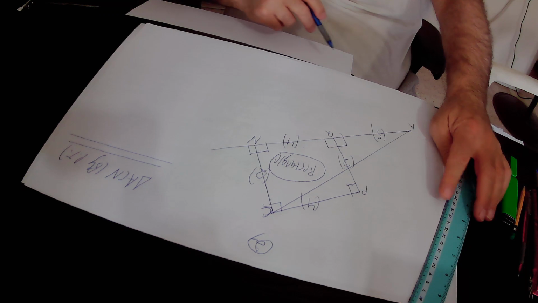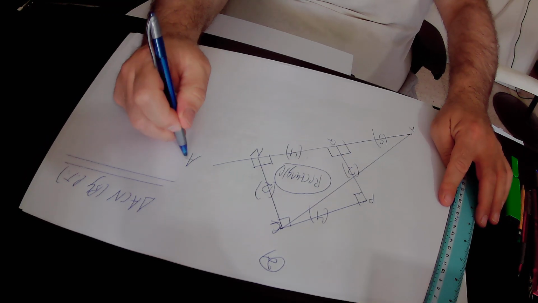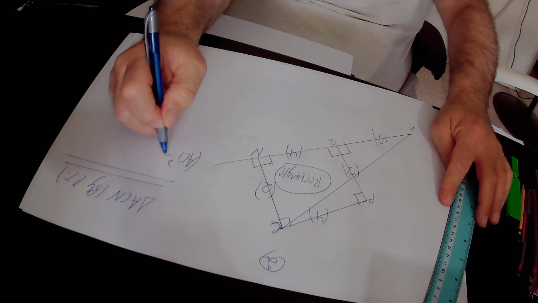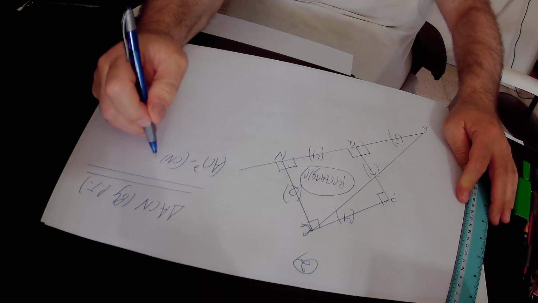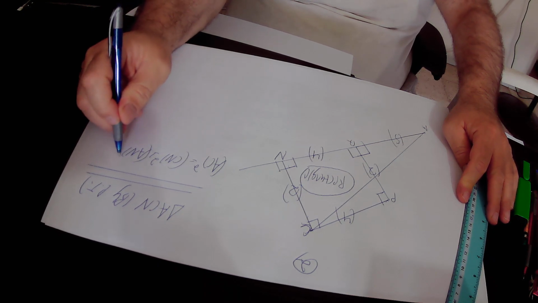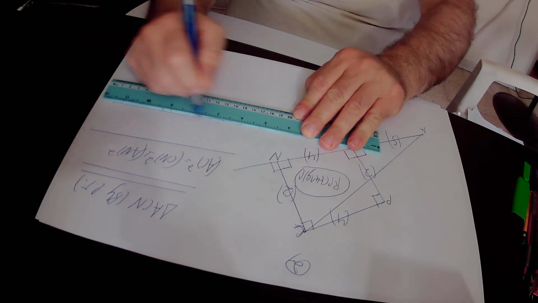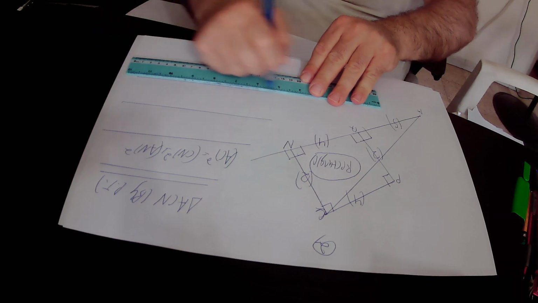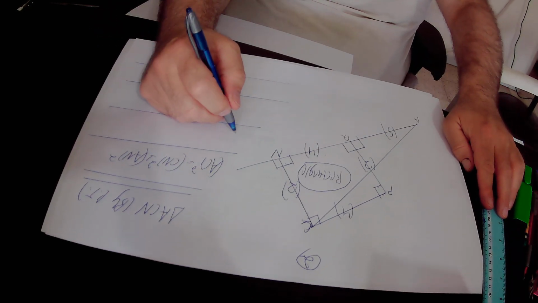According to the Pythagoras theorem, in this right triangle ACN, AC squared equals CN squared plus AN squared. So AC squared, that is the square of the hypotenuse, equals